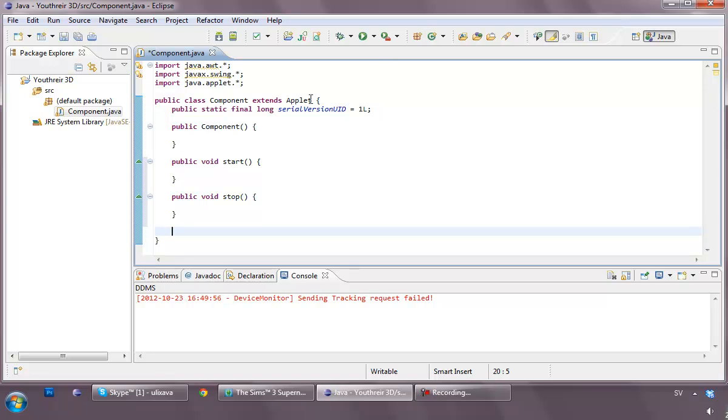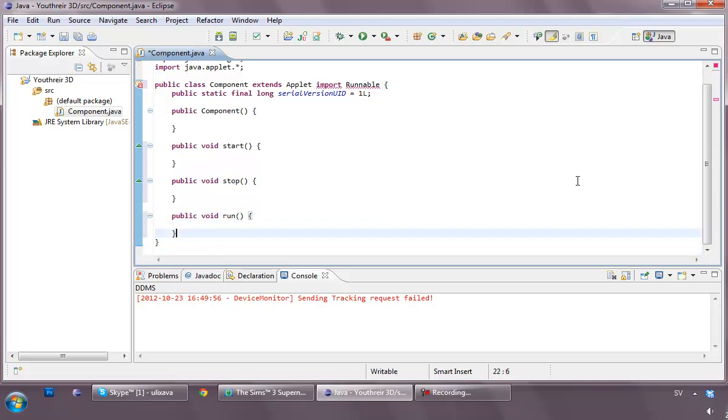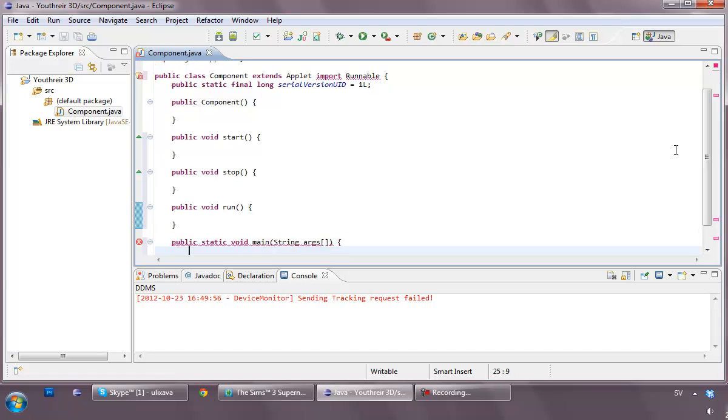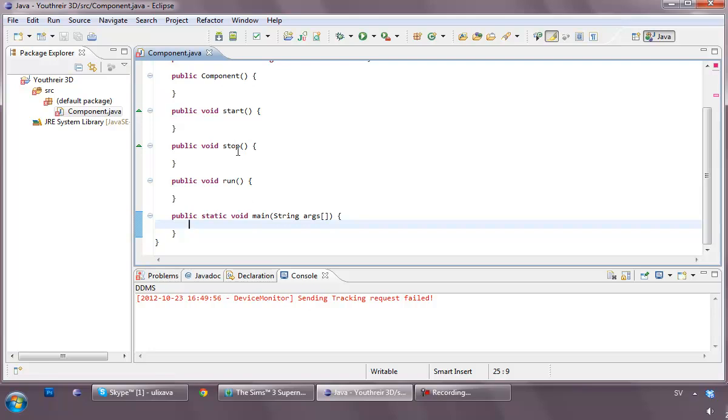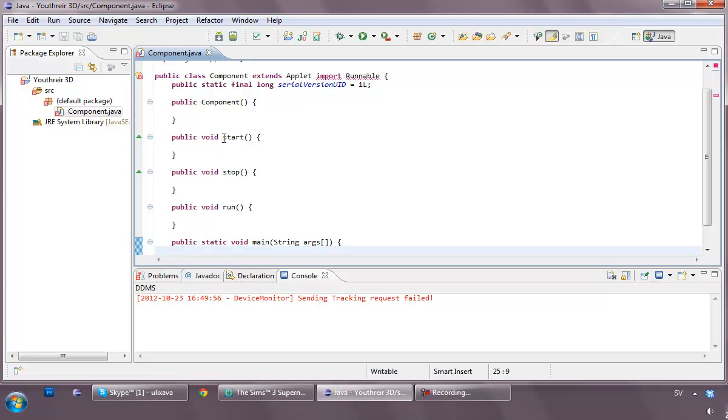Also in here, we're going to have our main game loop. So we're going to import Runnable, and Runnable is for a thread. So we're going to have a thread in here, public void run, and we are also going to have our main method. Like this. So whenever the game starts, in case it's an applet, it will go towards the start method here. In case it's not an applet,